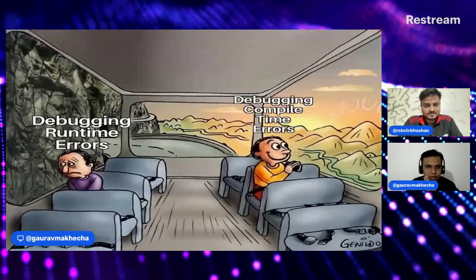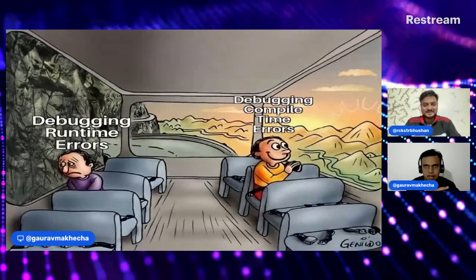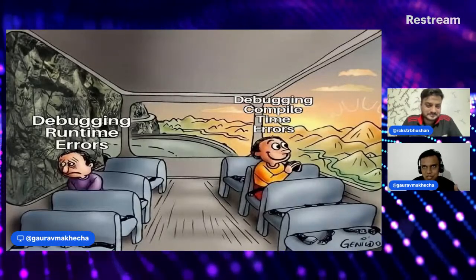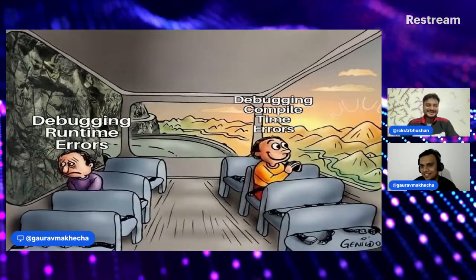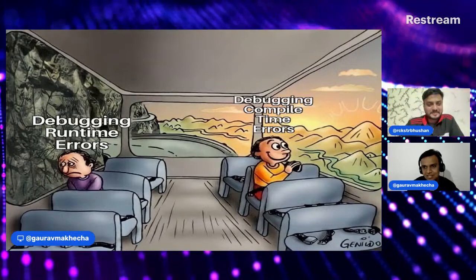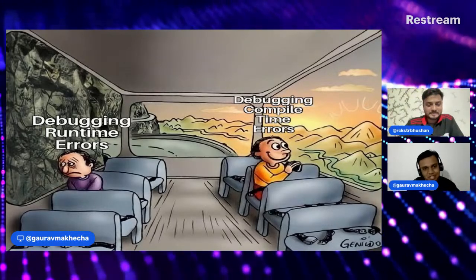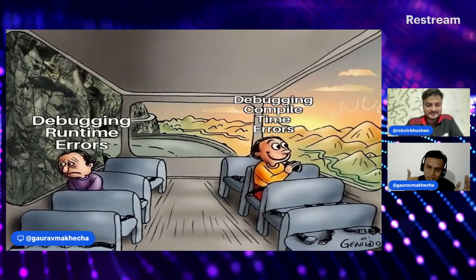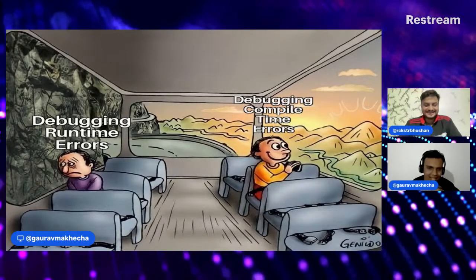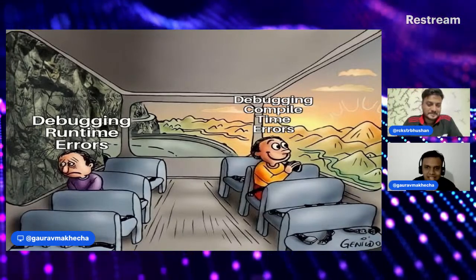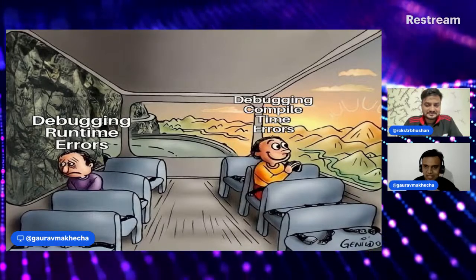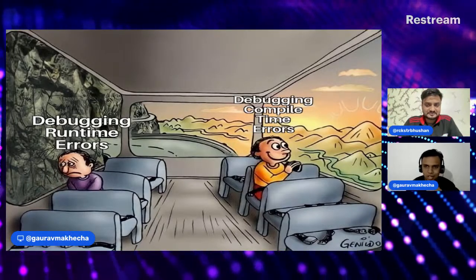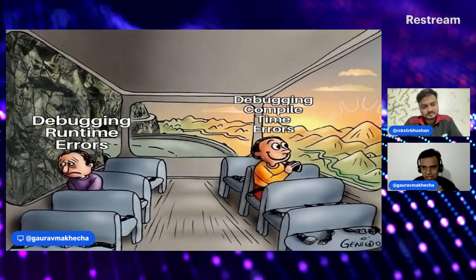Yeah, so exactly what I was saying here. Our life as a developer is always going to be in debugging, right? But debugging compile time errors is way better than debugging runtime errors, because at runtime we have received a call or an email from our client, and we have to fix it instantly, and we are already at a low because users are facing it. We need to fix something urgently. Not a good place to be, right?